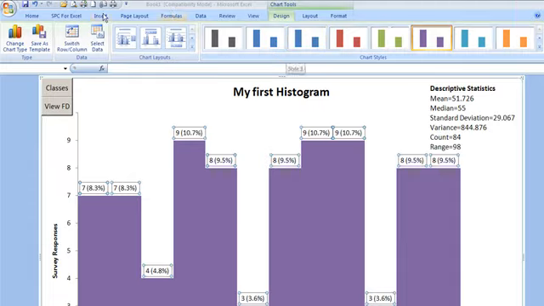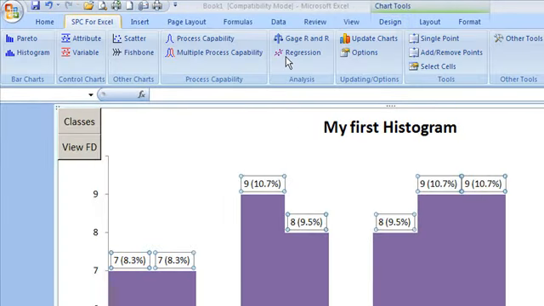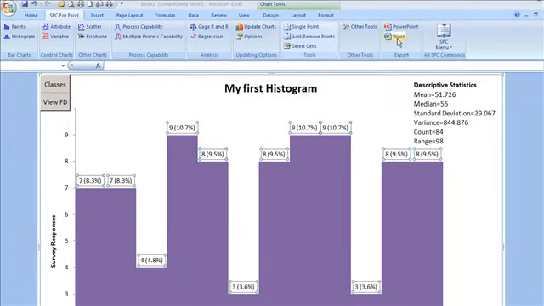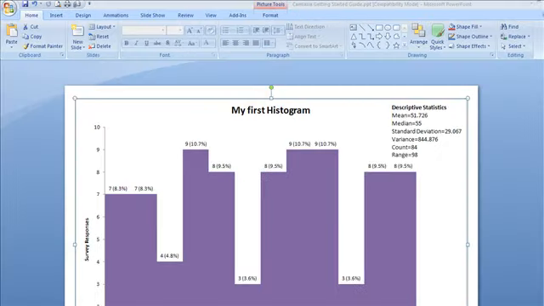Now, clicking back onto your SPC for Excel toolbar, I'm going to go ahead and click on the PowerPoint button. And what that'll do is take this entire chart that we just created and embed it into a PowerPoint presentation, again with the click of a button. And that loads up. And there we go. And it popped up in